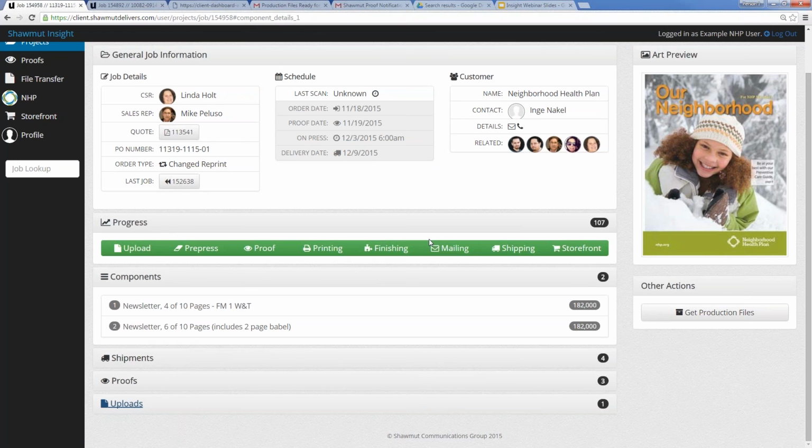All right. So the next thing I want to show on this screen is a way that you can get production files. And this is a way for you to tap into our file archive to get the latest and greatest production files whenever you want. So a really good example is if you ever reprint a job and you want to make some changes to that file, maybe you want to update something that changed. When we take in your jobs, we're more than likely changing your files a little bit, because your designers aren't aware of what exactly